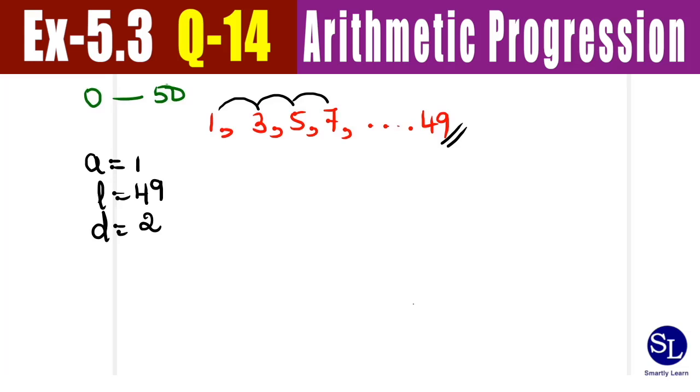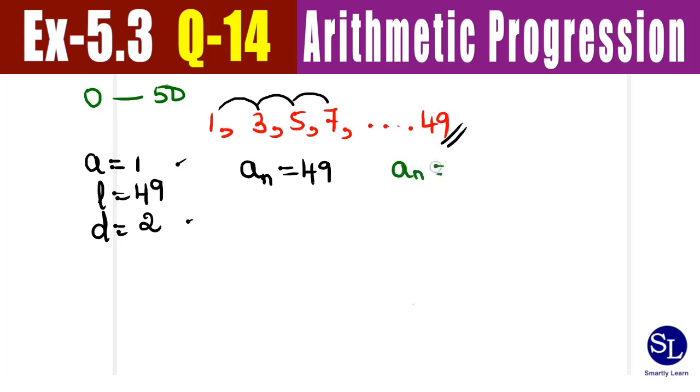The next data that we need is going to be the value of n. So how do you find that out? We know the terms, right? So a_n is equal to 49. We know all the values of the AP like a and d. So from here, let's generate what is the value of n.